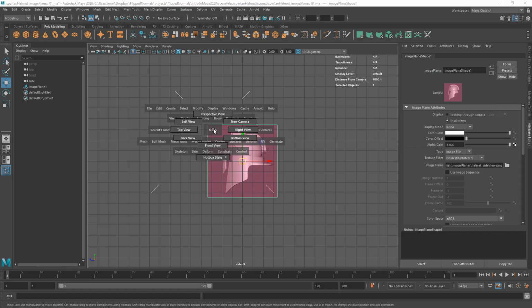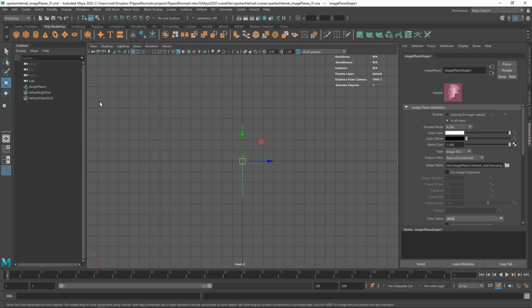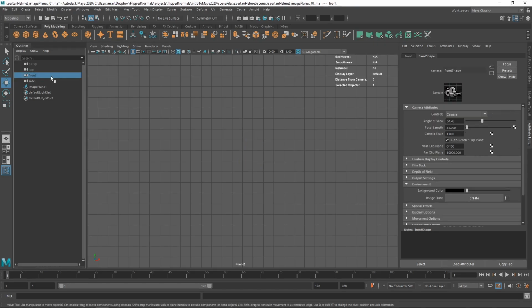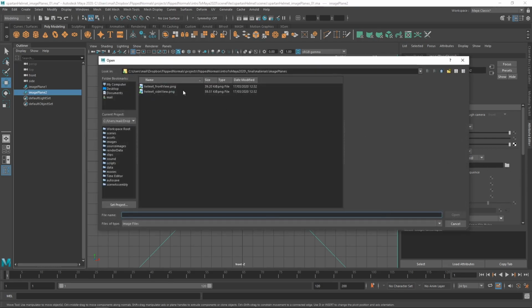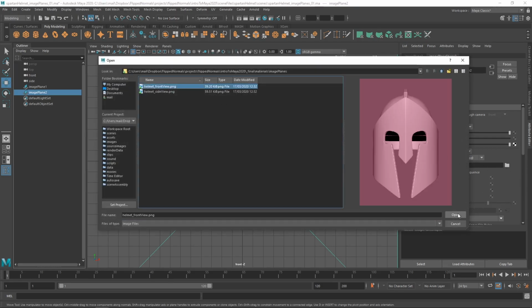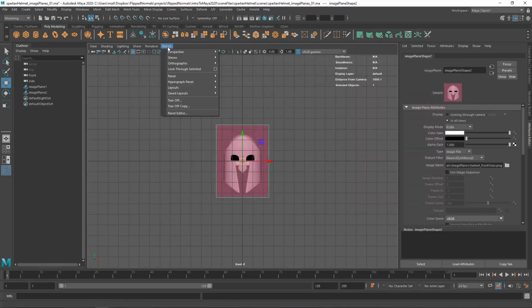Hit spacebar, Maya, front view, and then we're going to do the same thing here. Select the camera. Under environment, image plane, we're now going to set an actual image under image name. Then we set this to front view. And now what we can do, we can go to panels,